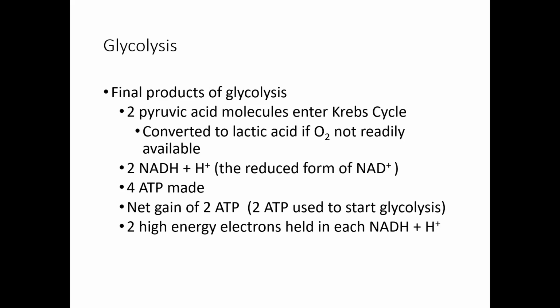Now, something you need to remember. You make 4 ATPs in glycolysis, but that's the total. There is only a net gain of 2 because you had to start the process of glycolysis and you had to burn 2 ATPs to start the process. So you burn 2 ATPs and you make 4. So you're still up by 2 ATPs. So you burn 14.6 kilocalories of energy. That's 7.3 each, 2 ATPs. An ATP is 7.3 kilocalories. So you burned 14.6 kilocalories and you made